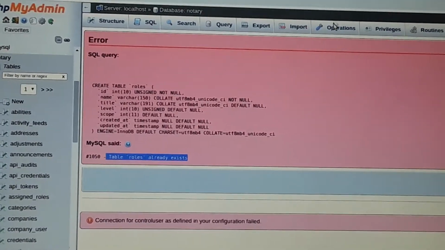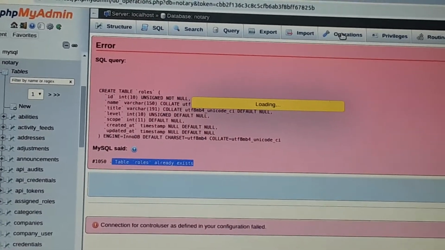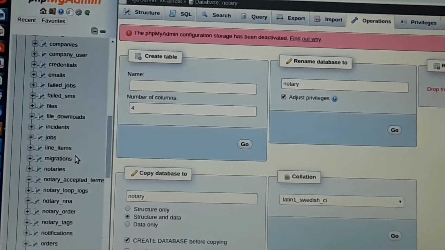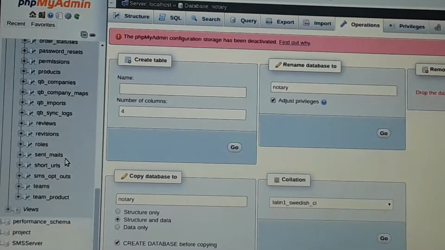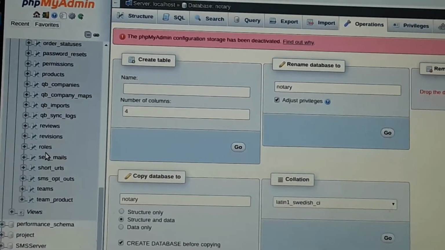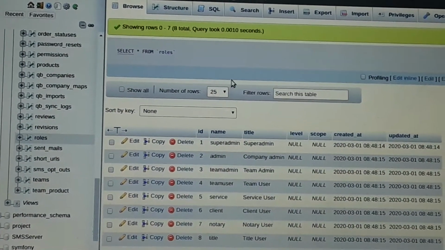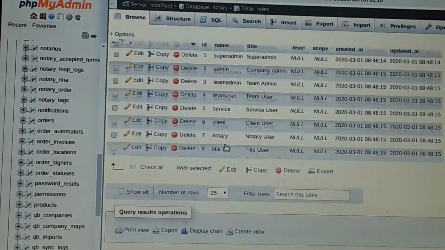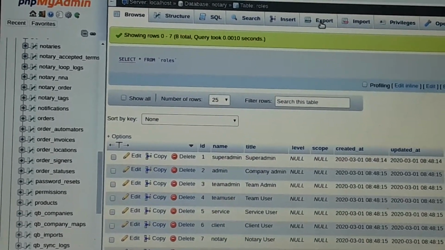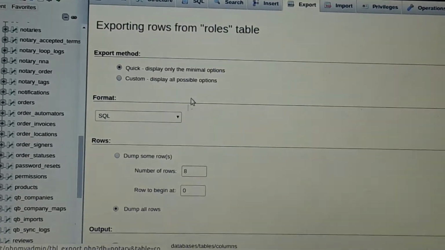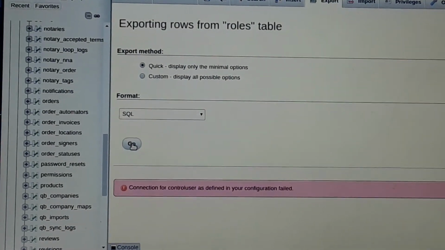This is the operations. For example, if I don't want the roles table, first of all take the export, for security purposes.